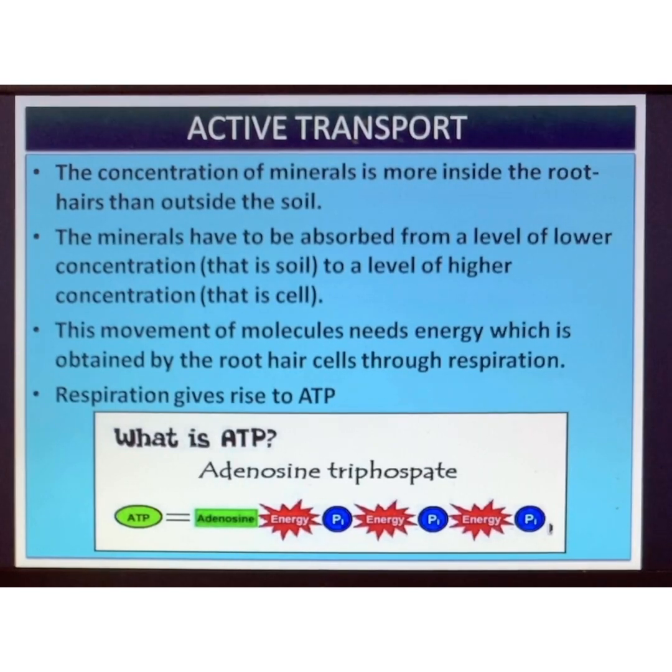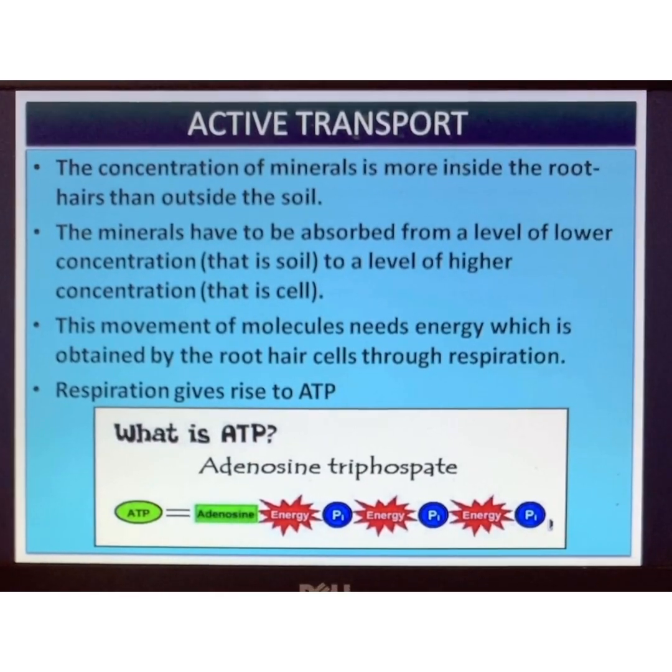So what was the first aspect? In the first aspect, we had studied the detailed structure of the pipes laid across the plant body. The pipes were xylem carrying water and minerals and phloem carrying food. The second aspect of this chapter was the important processes that take place for absorption and translocation of food. Correct? Now, absorption of water and minerals and translocation of food.